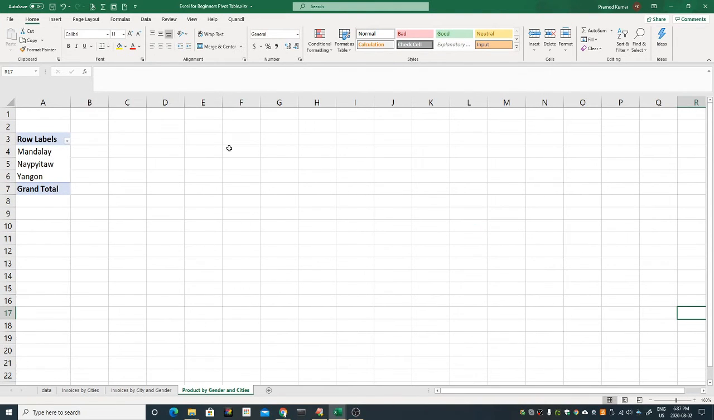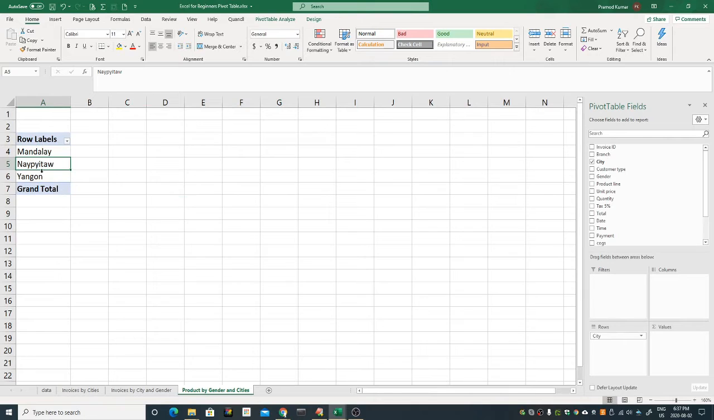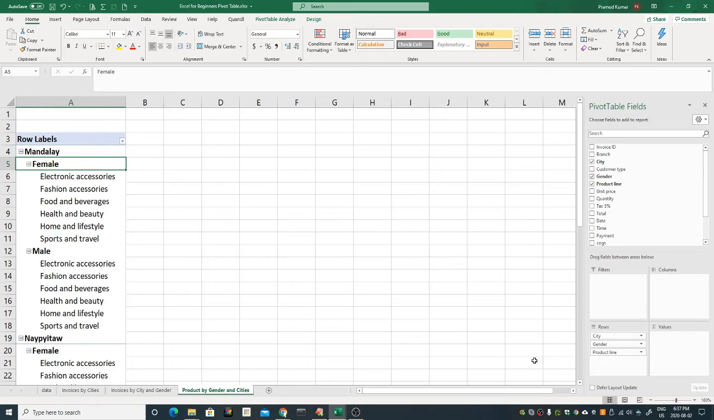So look here, if I click anywhere outside, this will be gone, right? So if you click here on your pivot table, then only it shows the pivot fields. So don't wonder where it is gone. You have to be careful on that. So again, I have taken cities and gender, but rather than taking the invoices, I want to see the product. What product lines are there? So these are the product lines by the cities and the genders,